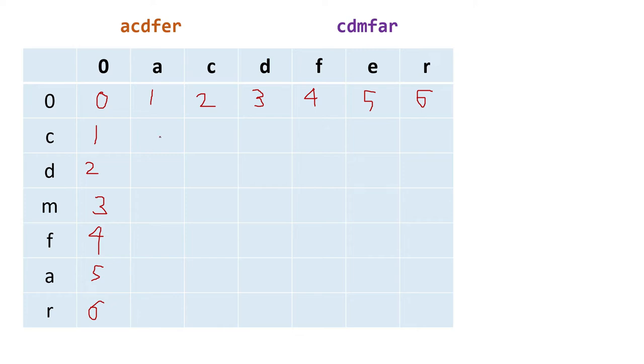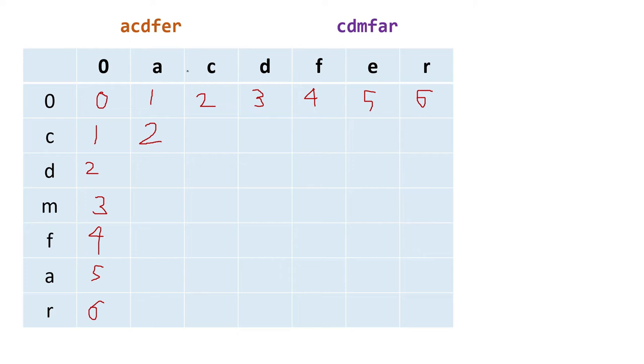So now let's start. If I am in this cell, that means we are comparing A and C. One string is A, another string is C. What we can see from here is both of them are not equal. That means I have to delete both of them to achieve this. So A I have to delete, C also I have to delete, then it will become blank and blank. At that time both are the same. So two deletions are required.